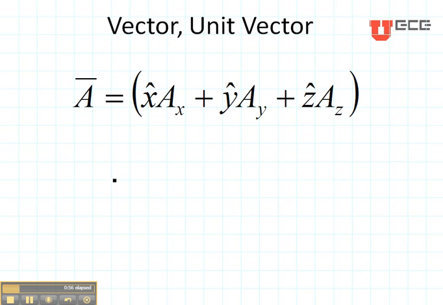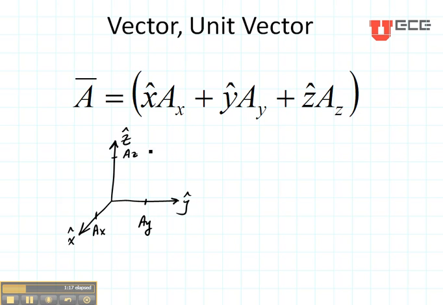Here's an example of a vector. A vector is defined in the x, the y, and the z directions. Here's the orientation of x, y, and z in the Cartesian coordinate system. A vector has an x component, ax, a y component, ay, and a z component, az. The way you find the vector is you do a projection of all of these. And the vector goes from the origin to this corner point that has ax, ay, and az. That's the corner point, and here's the vector a.